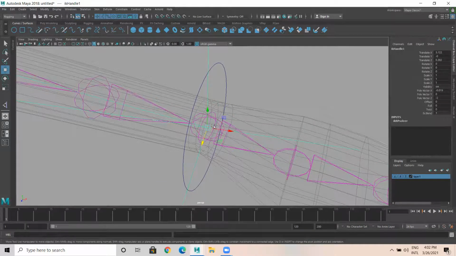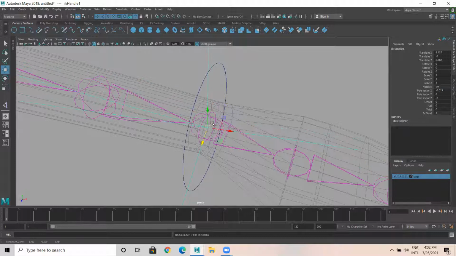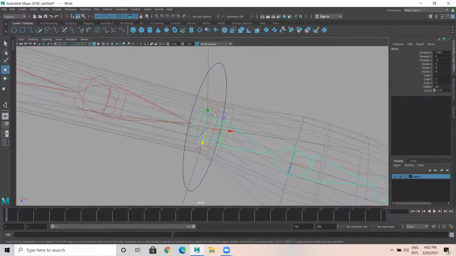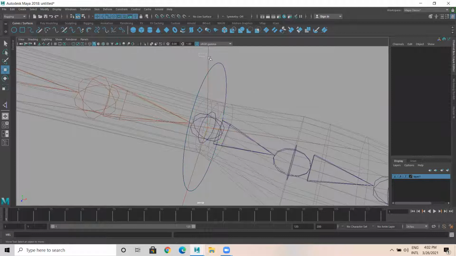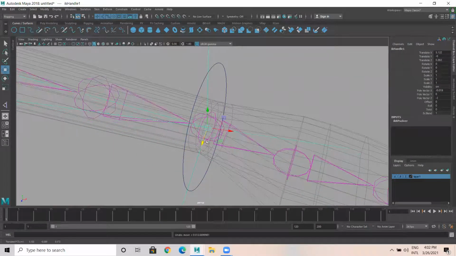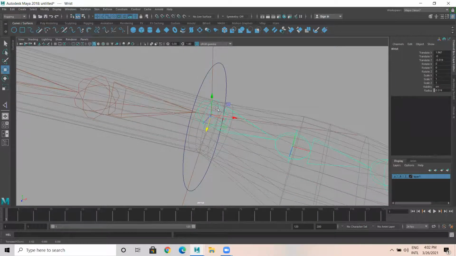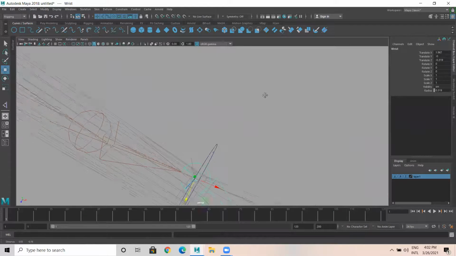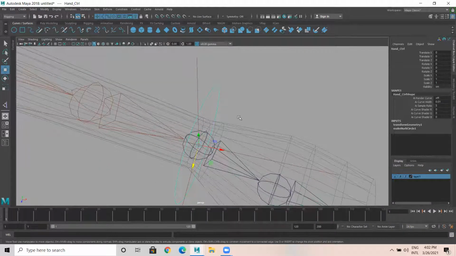The first logic is when the IK handle moves, my joint moves. The second logic is when this wrist joint moves, manually, I want this curve to move along with the joint.